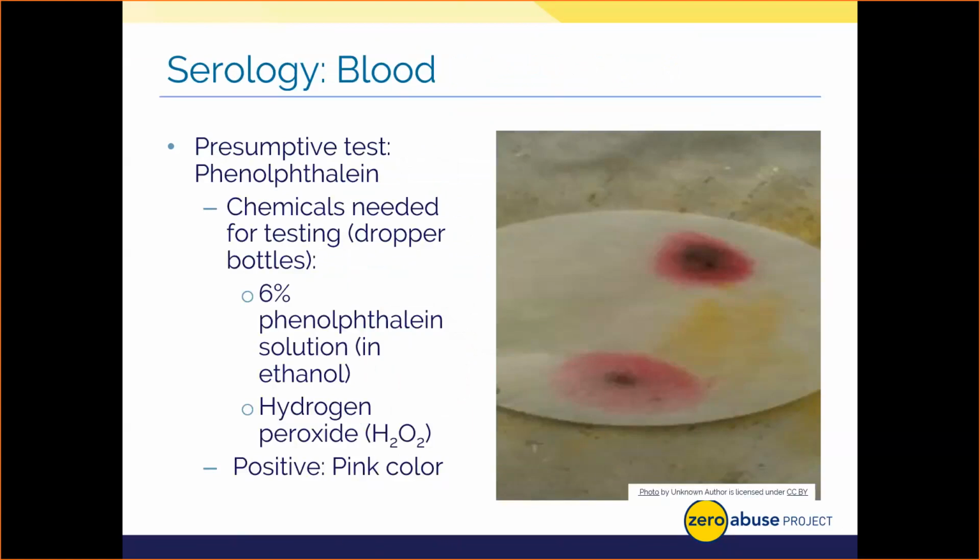Now, some labs might also call this the Kastle-Meyer test, if my terminology is confusing to you. The reagent of the phenolphthalein test targets heme from hemoglobin in blood. Hemoglobin, just to take you back to your high school biology education, is actually the oxygen binding component in red blood cells. Please note that heme is not exclusive to humans, so we cannot assume that blood detected is human blood. Thus, phenolphthalein tests for blood of any kind, and it doesn't tell us whose blood was shed. It could be the suspect or victim or even an animal, for all we know, using this test.